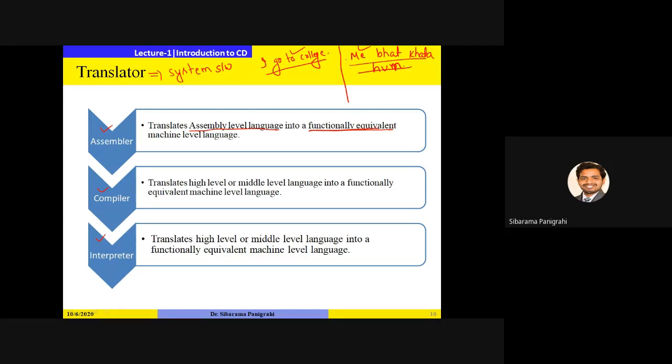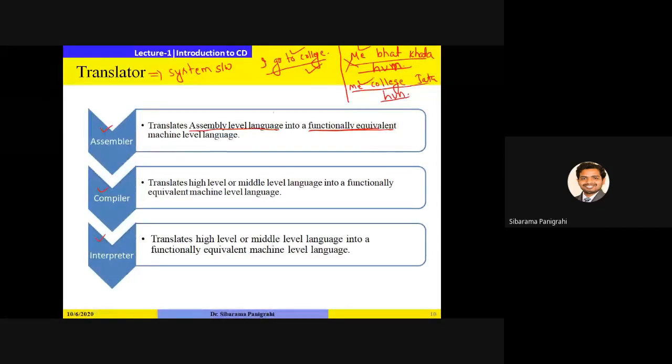It means it is not a perfect translator. A perfect translator should translate one language into a functionally equivalent language. So if I write "मैं college जाता हूँ," now you see this is perfect, because the source language and target language are both functionally equivalent.